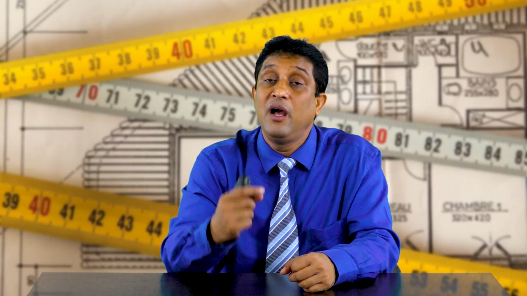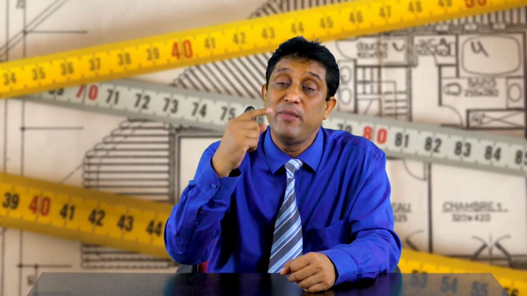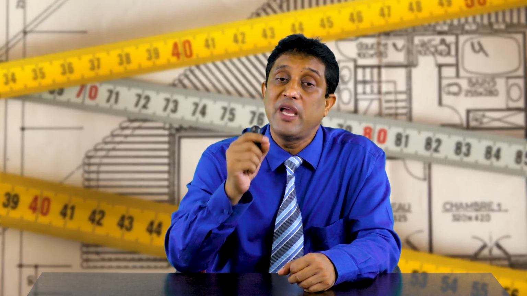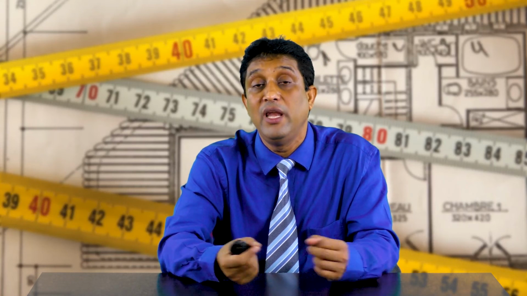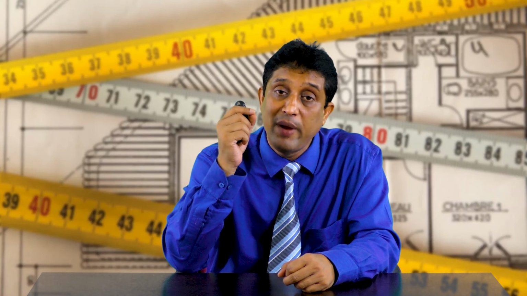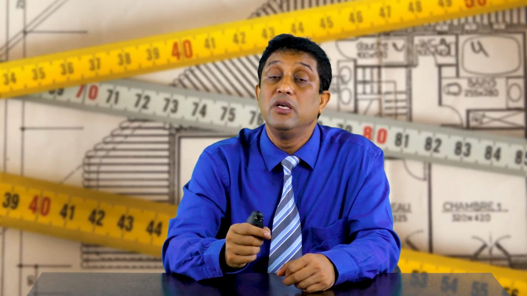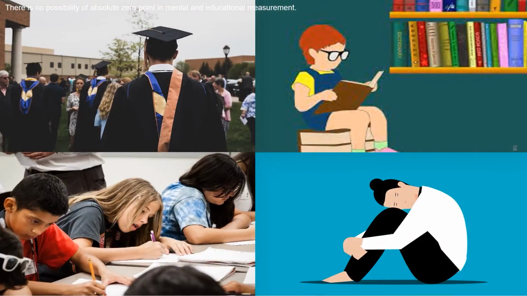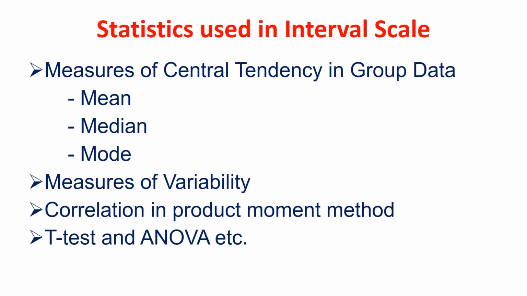So that's why the curve of mental measurement never touches the baseline. Some extent of achievement, some extent of intelligence, some extent of aptitude and mental health is already with every individual. So that's why when we engage ourselves in mental measurement, in educational measurement, there is no place for 0 measurement. You can't say 0 achievement, 0 intelligence or 0 aptitude. So the 0 that you understand here is a type of arbitrary 0, not a true 0.